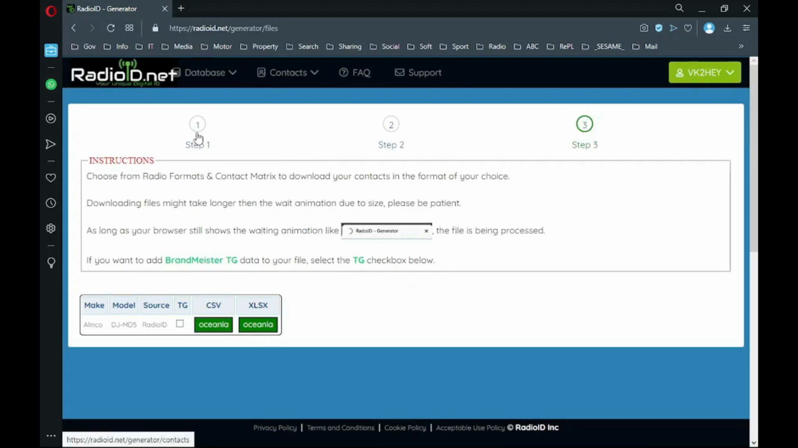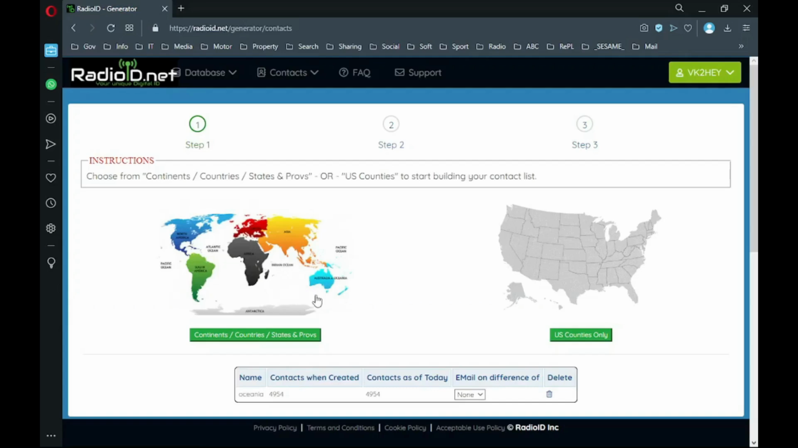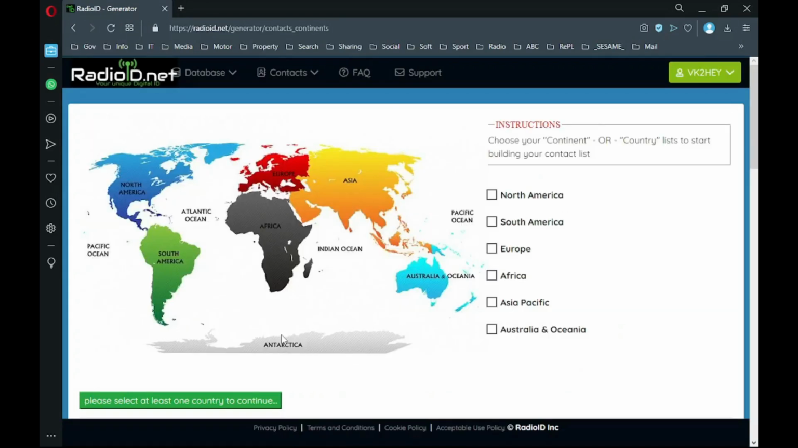Okay, to step 1. All right, there's 3 steps. Step 1 is to choose which continent, country, region, area, whatever you want to use. All right. So let's go to Australia and Oceania. Okay, you just click that there. Continue with